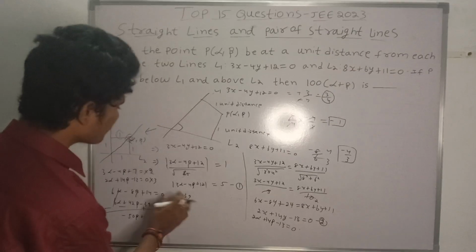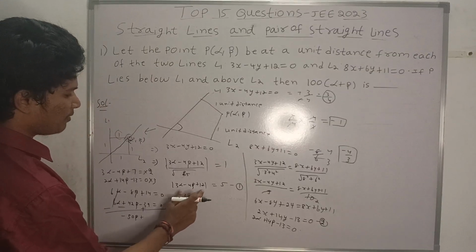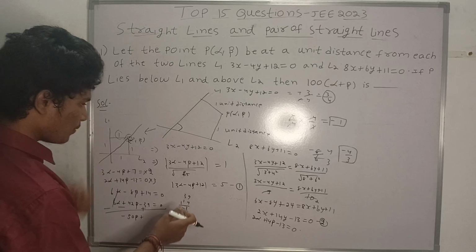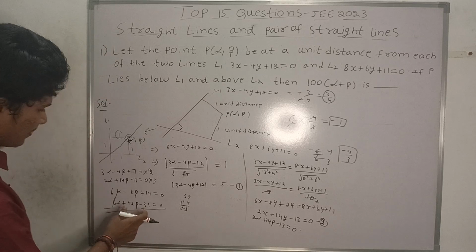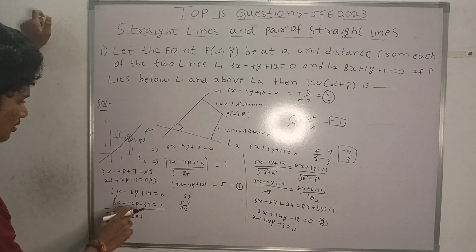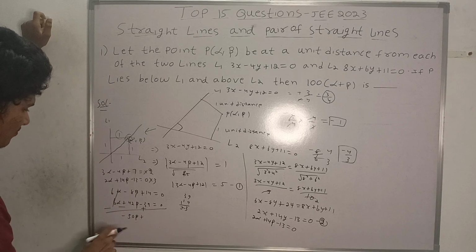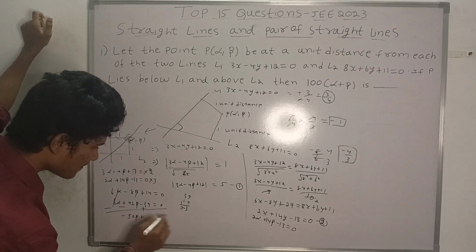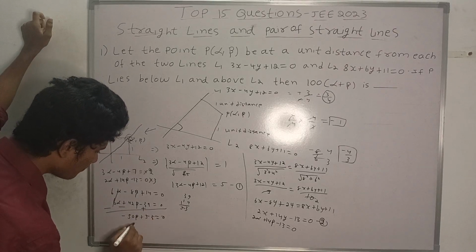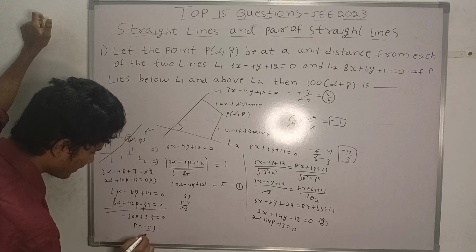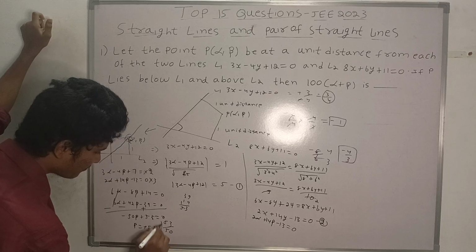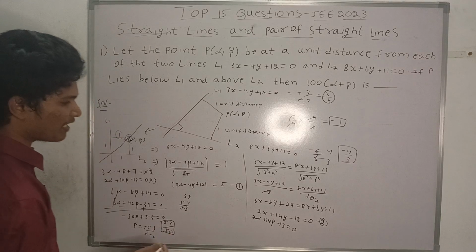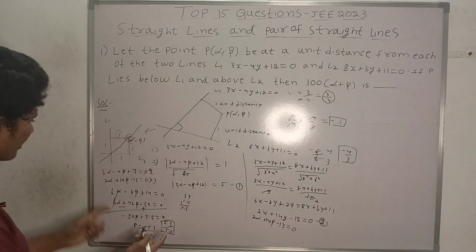So basically here 3 alpha minus 4 beta plus 12 equal to 5. This is the equation. So from this equation we will get minus 50 beta plus 53 equal to 0, so beta equals minus 53 divided by minus 50, that is beta equals 53 divided by 50. This is beta, and now we have to find alpha. So beta is 53 divided by 50.